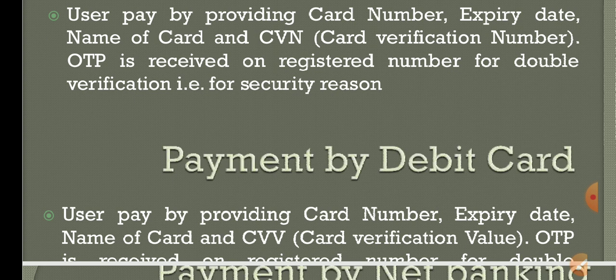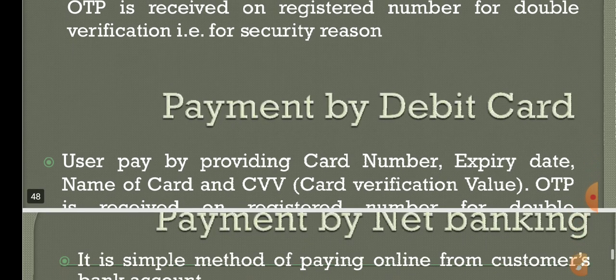card verification value, that is a number only, and then you will be receiving an OTP. After receiving the OTP, you enter that OTP number which you receive from the payment app, and after that you should click on double verification and all those things to be done. For credit card and debit card, the same procedure should be followed.